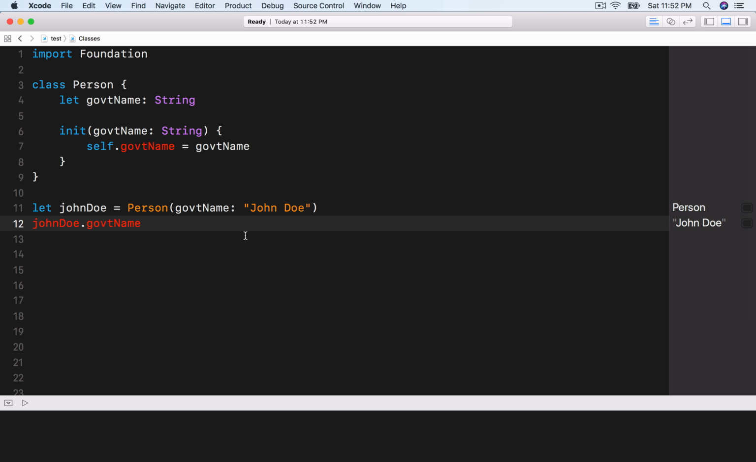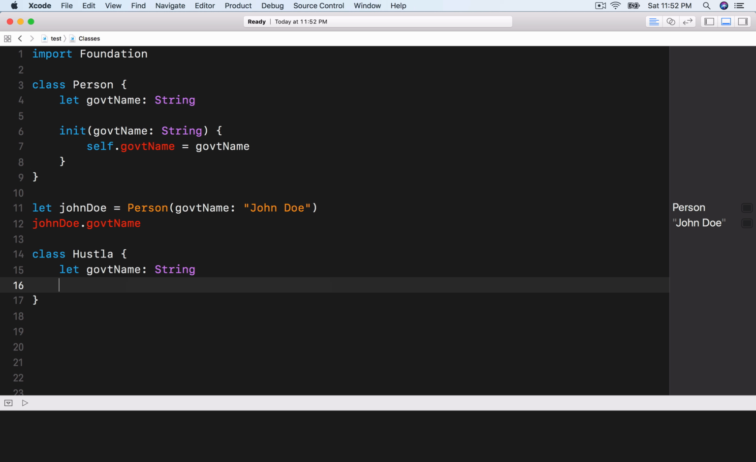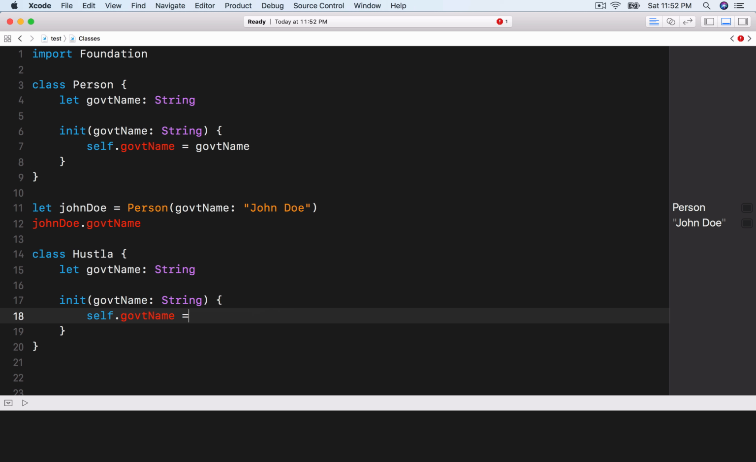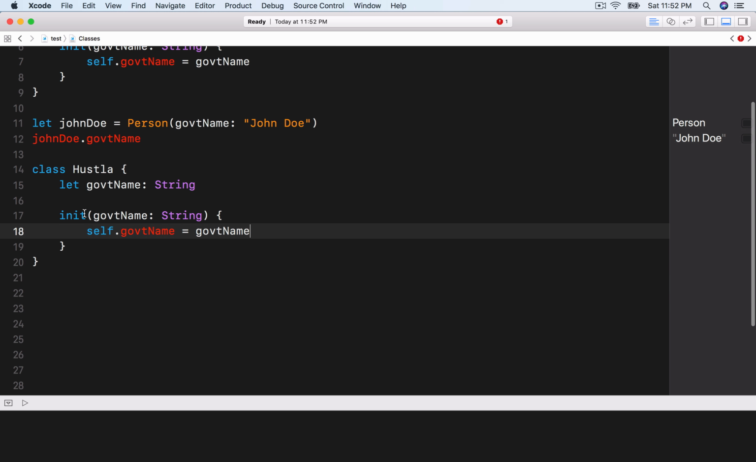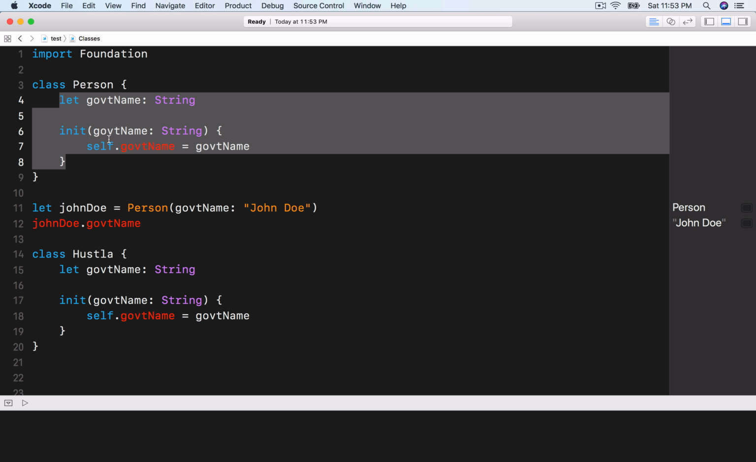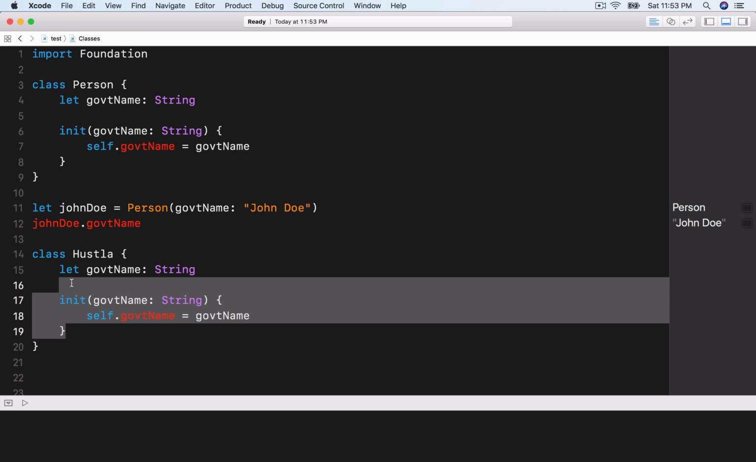So let's talk about inheritance. We're going to create a new class, and that new class is going to be, let's just say, Hustler. All right, the Hustler also has a government name of type String. Let me just create the initializer. Init government name, it's going to be of type String. self.governmentName equals governmentName. All right, so not only does he have the same qualities, the property and the initializer, as the Person class,